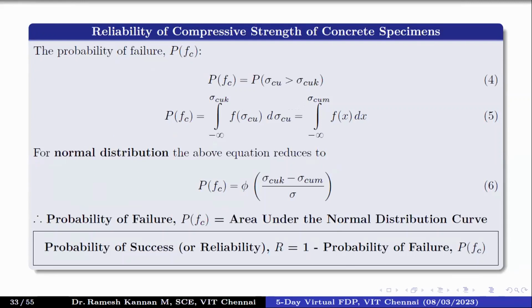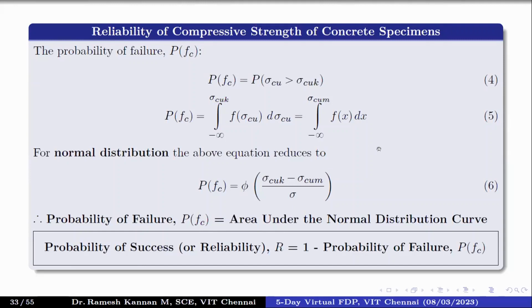The first few percentage of our uncertainty analysis is understanding the reliability. Uncertainty and reliability are almost inversely proportional. The more uncertain, the less reliable, and the less uncertain, the more reliable. So finally, we'll have the probability of failure under the normal distribution curve, and then we'll have a probability of success, which is called reliability, which is 1 minus probability of failure. Total probability is 1. 1 minus probability of failure gives us success, or 1 minus probability of success gives probability of failure.